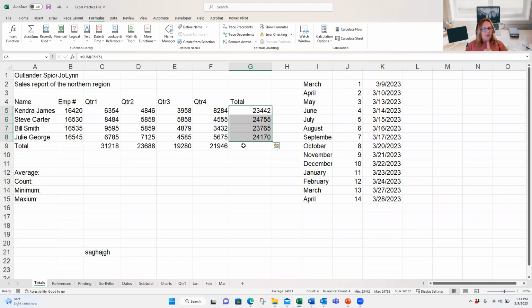Now, is that the quickest way to really add together a range of cells? Because what if I had 150 columns going across or 10,000 rows going down? Is that going to be the quickest? I have to select them? Absolutely not. Let me show you another shortcut with the auto sum. If you go to the references sheet,